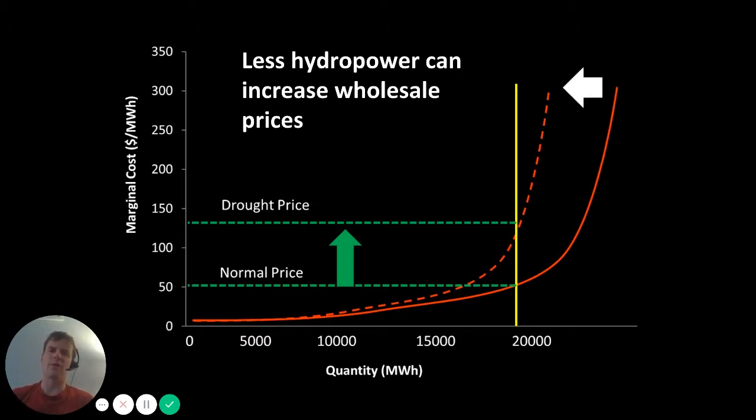Less hydropower can also impact market prices for electricity. If you think about the placement of hydropower in the system supply curve, it tends to be at the bottom left because the marginal cost of electricity from hydropower is zero, because there's no fuel cost. And so that means that when you lose hydropower, the system supply curve shifts inward to the left. As long as we assume demand is staying the same, if the system supply curve shifts inward to the left, the intersection between supply and demand occurs at a higher point on the y-axis, and you can get increased price of electricity in the wholesale market. So drought tends to increase the price of electricity in wholesale markets, and that's part of what happened in the California electricity crisis in the early 2000s.